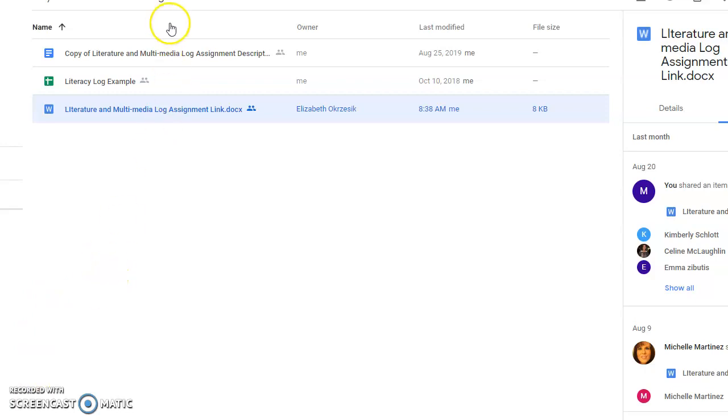Once you've opened up the Assignments tab, click on the Children's Literature and Multimedia text set assignment. And you can see there are 3 documents in here. First is the assignment description and rubric. The second is an example. And the third is the sheet where you found the link to this video. So if you'll click on the first link,